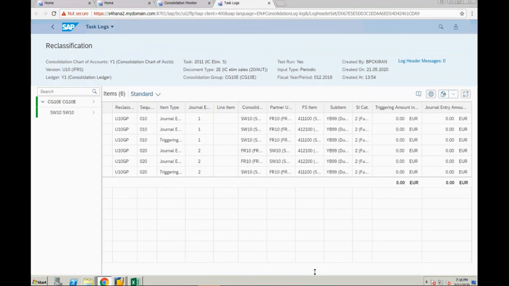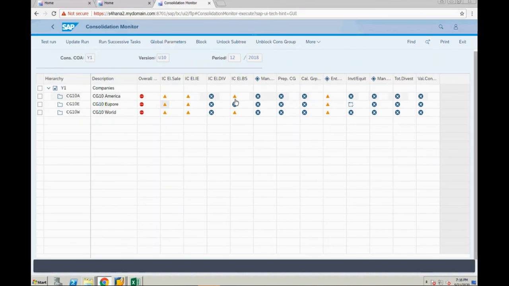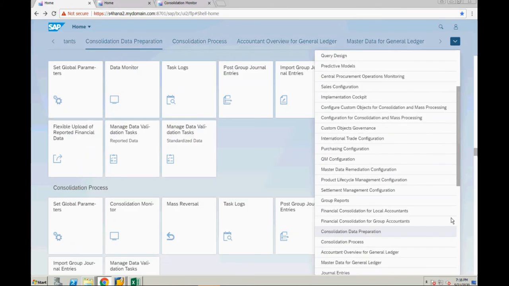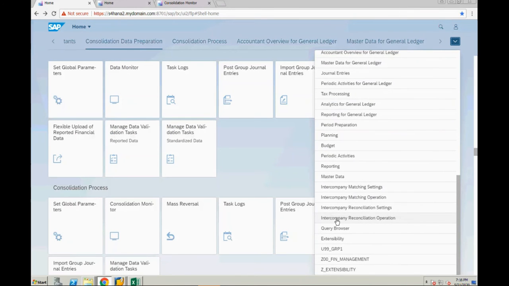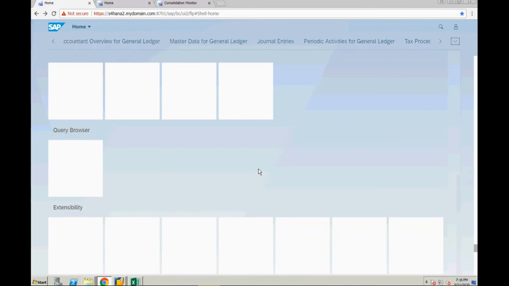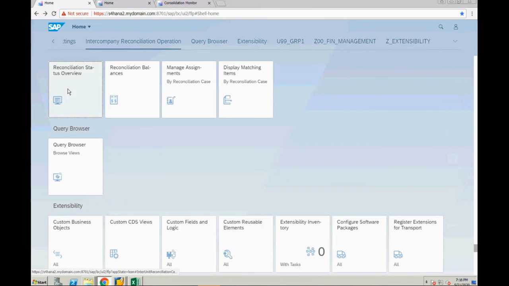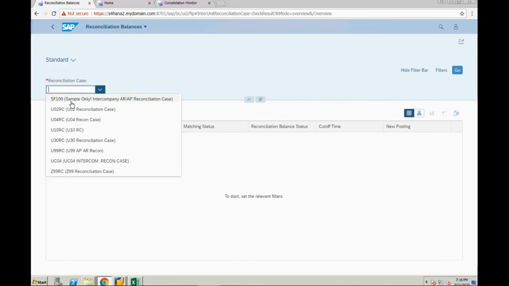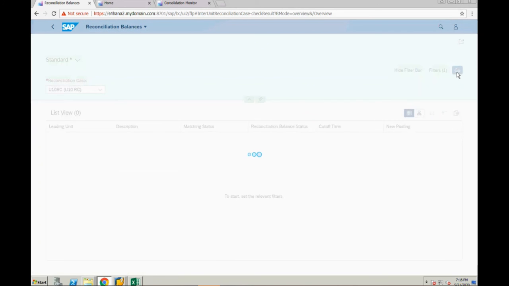Right. So here, the system will execute intercompany eliminations. Then all these tasks are intercompany eliminations. Before running intercompany eliminations, if you want to run your intercompany matching relevant stuff, you want to reconcile this intercompany, we have a separate thing for intercompany matching. So here there is an app where you can run the intercompany matching and reconciliation. The consolidator can check whether intercompany matching is completed for different companies, consolidation units, or not.